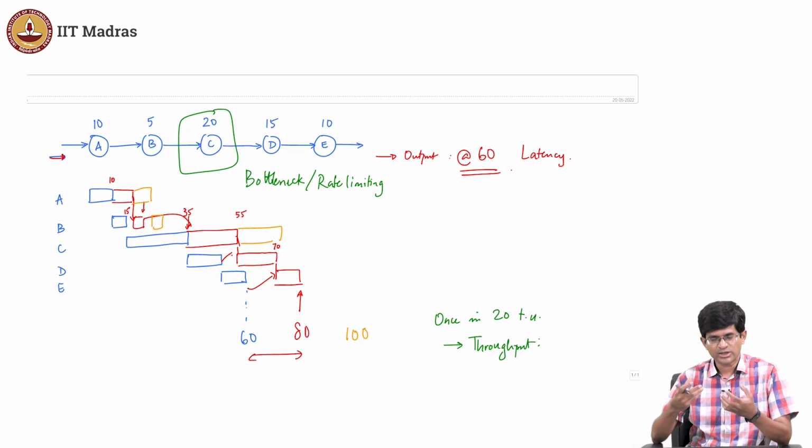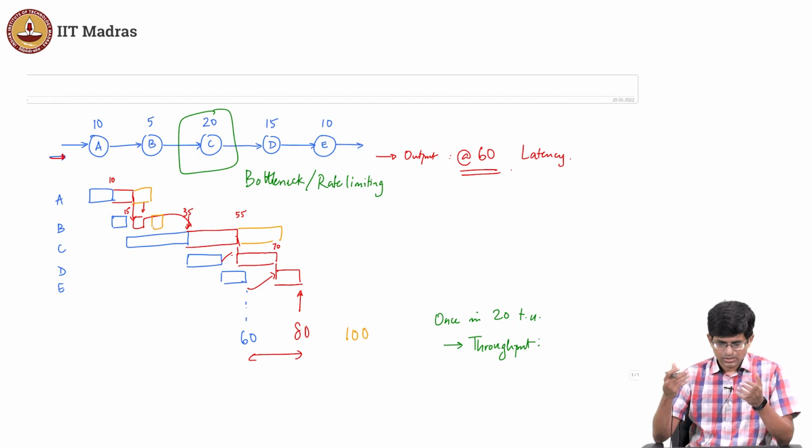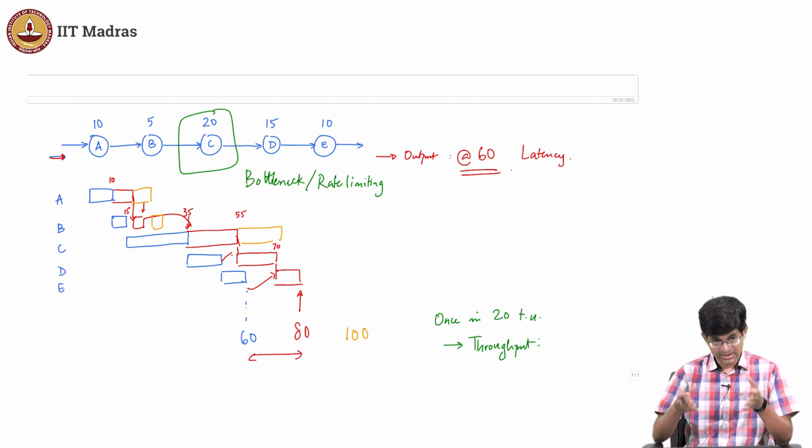What is there inside a processor? There are multiple units. There is something which is fetching data from memory, there is something which is actually performing a computation, there is something which is writing or reading from a register file. All of those units are taking time. They fall into a similar kind of pipeline. One of those stages is the limiting factor that determines the speed at which the system can run. Okay. So, in other words, this analysis holds exactly even for the Unix pipeline.